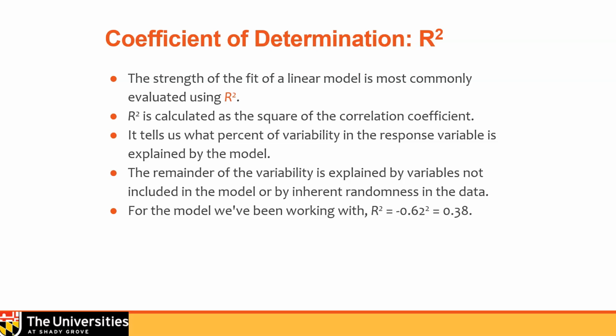The other analysis that we want to use is our R-squared analysis, called the coefficient of determination. It happens to be the square of the correlation coefficient. The important thing that we want to say is that it lets us know how much of the variability, what percentage of the variability in the response, is actually explained by the model. How much is explained by the model? When we've got an R squared that is greater than 0.8, we've got a really good model on our hands, right?